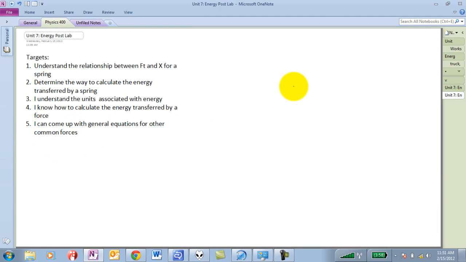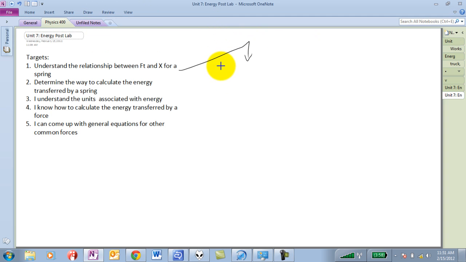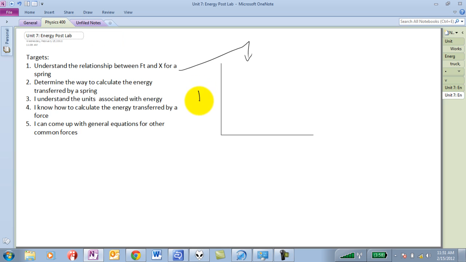So with that said, number 1 talks about the relationship between Ft and x for a spring. So if we were to look at this, one of the things that we can do is look back at that graph of F versus delta x. So we can go back and draw in that graph that we had, and if you remember correctly, you had Ft sitting on over here. It's a horrible Ft. Let's try that again. Ft, which is sitting on over here, delta x, which is sitting right on over here,